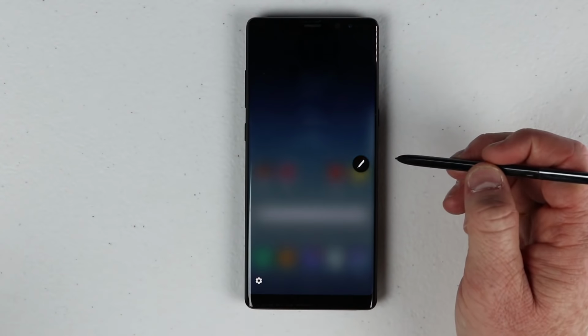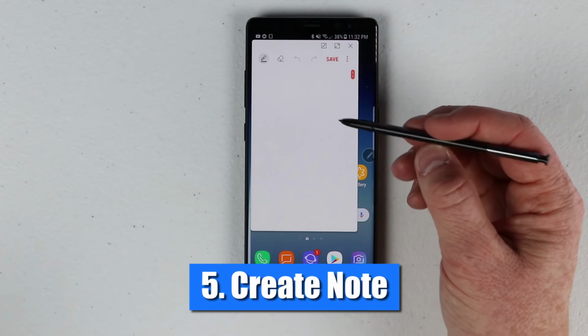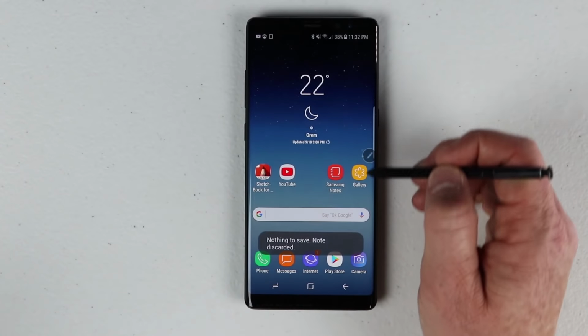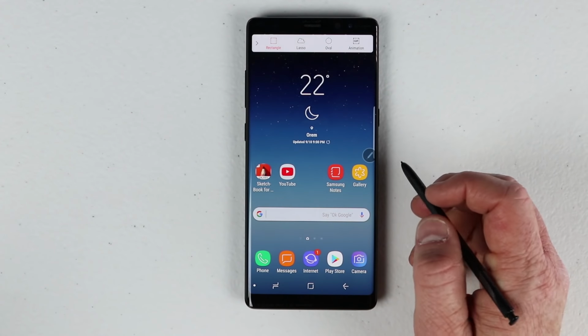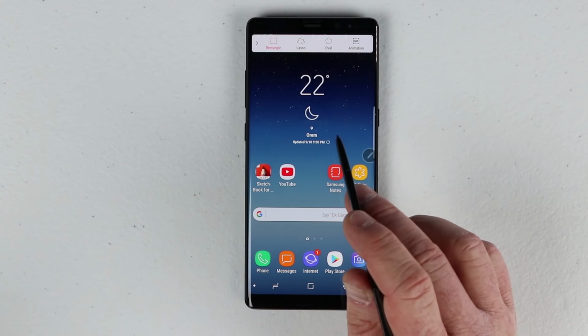So starting at the top, we have create a note. I just showed you the quick way to do that by holding down the button and double tapping, but that is how you can quickly pop that up. Next, let's go into Smart Select. If you want to see a full version of Smart Select, make sure you click the pop-up on top of the screen, but there's a few things that the S Pen can do that it can't do on the